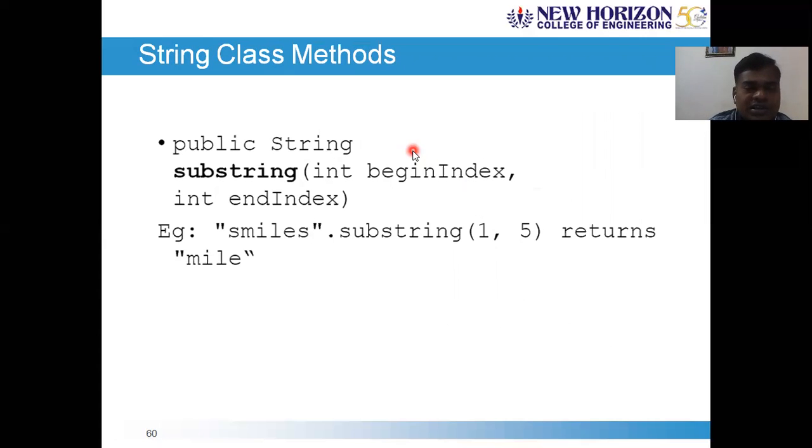The two argument syntax of the substring method takes the beginning index and the end index, start and end. "smiles".substring(1, 5). It starts at index 1 and stops at one index value less than the second argument mentioned. So it stops at 4: 1, 2, 3, 4. The characters "mile" are included as the output. The "s" won't be included because it is at index value 5, which is not a part of our output.